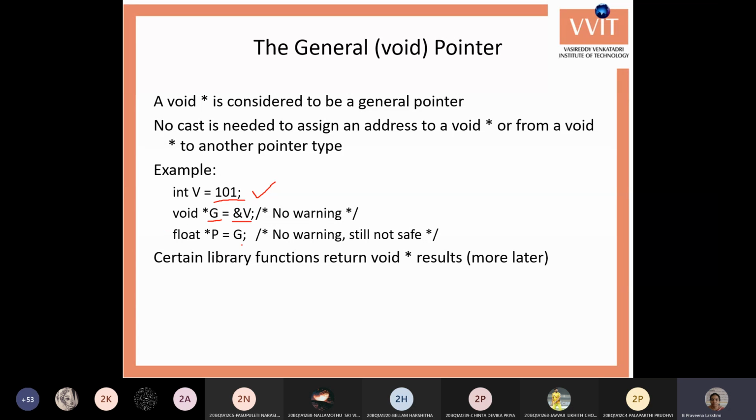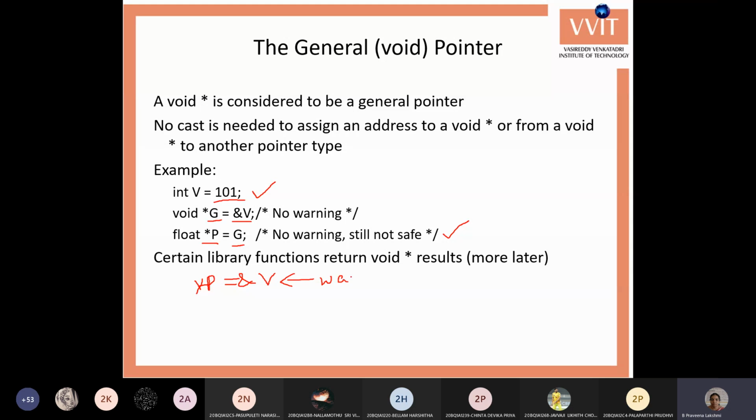But if you try to store it in the float pointer, you will get a warning message, that is, it cannot store another data type's address. Even if you store an integer variable's address, you will still get the warning message.